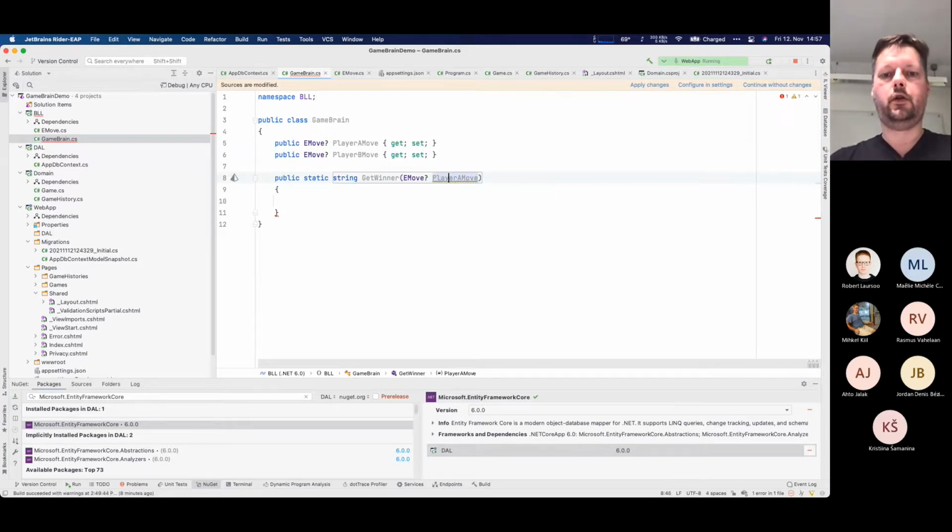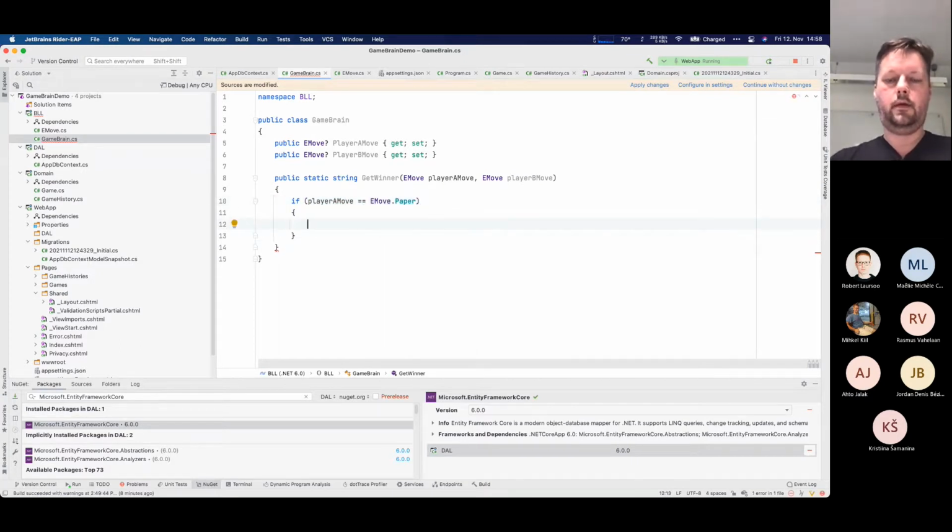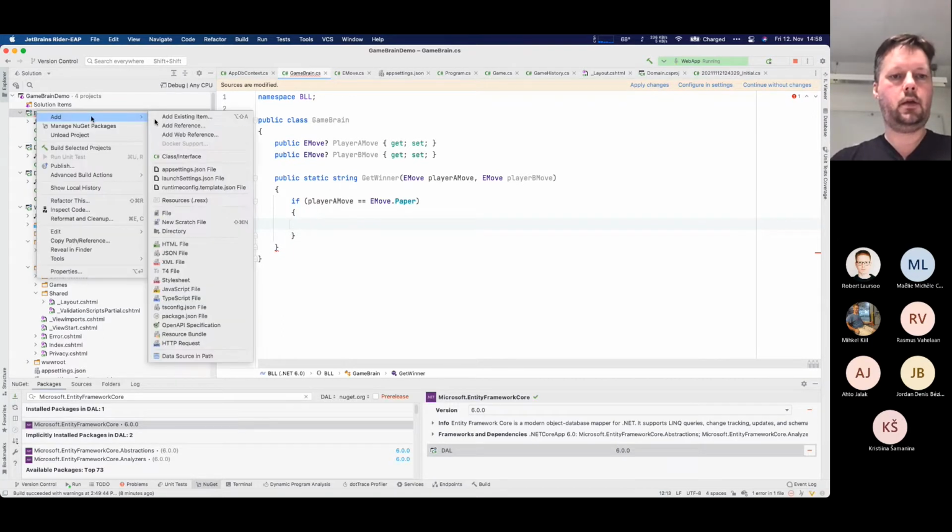Okay, maybe it's not nullable. So don't ask who is the winner when somebody hasn't made a move. Like it's not logical. And so how do we determine who will win? So if PlayerAMove equals EMove.Paper,